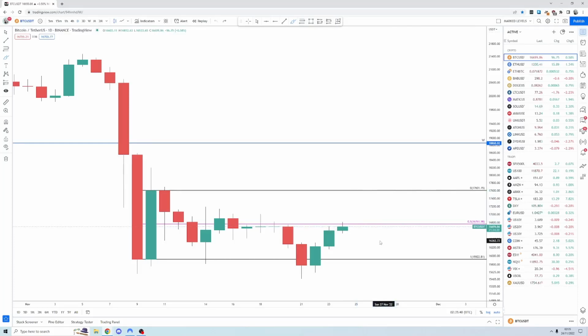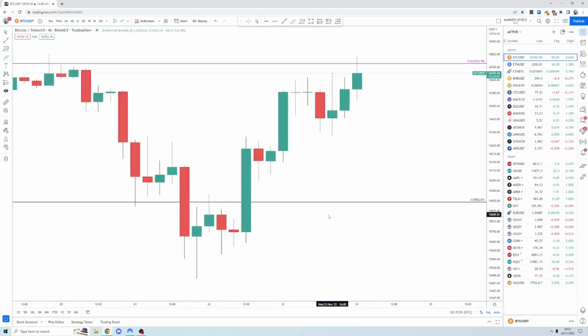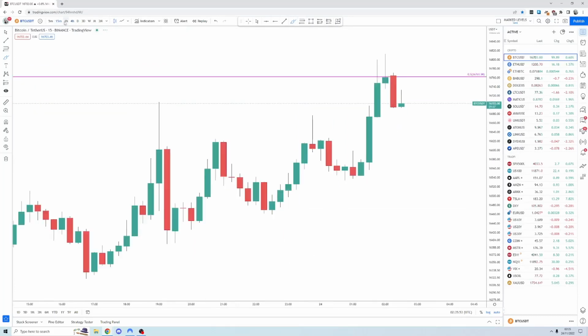So the core premise of my short-term trading strategy is that I will trade high time frame levels to low time frame targets. So smaller moves from high time frame levels. The setup here specifically,